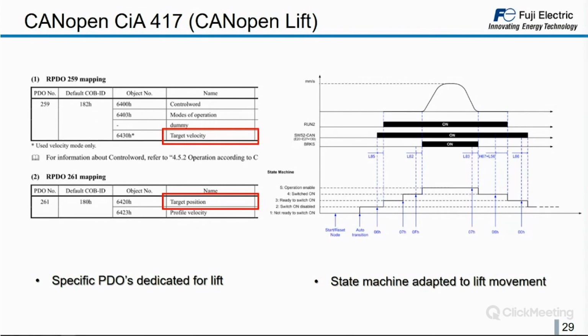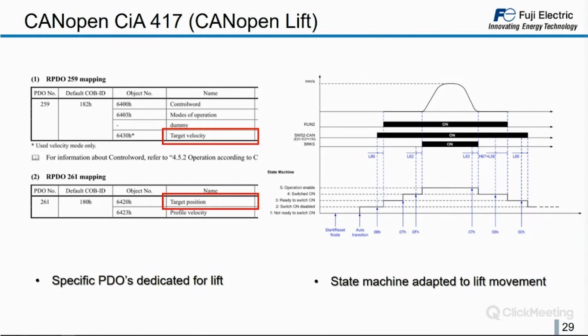Yeah, so the state machine, as we know in CANopen, specifies different movements or how to activate or stop the inverter. In this case, all the steps in the state machine are linked to the lift. So closing the contactors, opening and closing the brake, respecting the times, to control the rollback, to stop and close the brake. So all the standard lift movements, all the things you have to keep in mind in standard lift movement, are taken into consideration in the state machine.